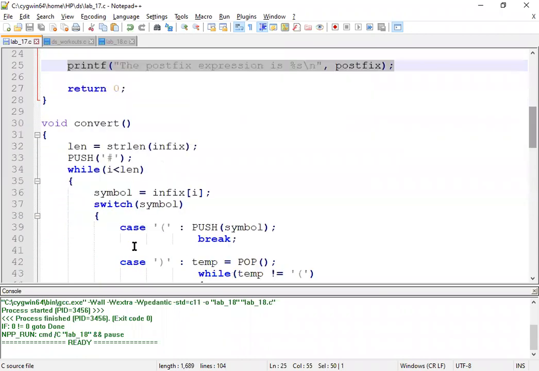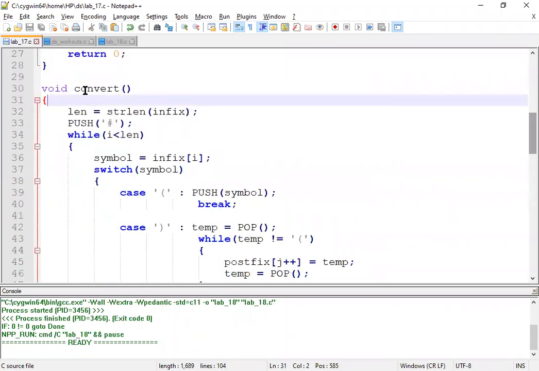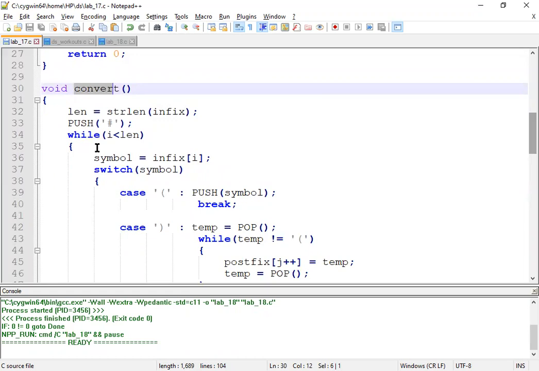Then we do have the convert function. What it does is scan each and every character in the expression, one after the other, and based upon what type of character it is, there can be brackets, that is open or close parenthesis, there can be operands, there can be operators.